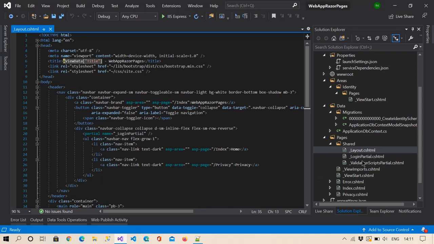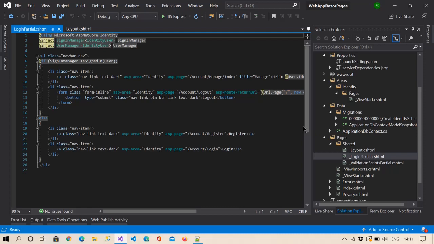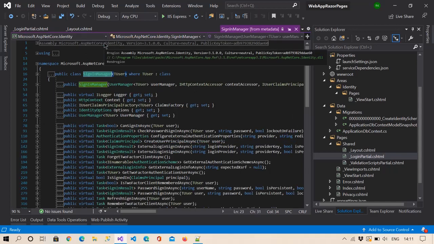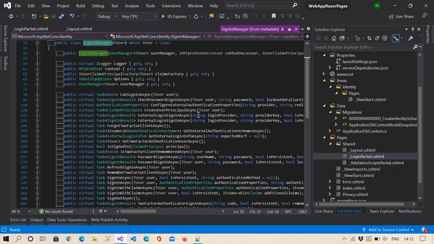Okay, and here you can see this is the login partial page, and this partial page is basically calling the SignInManager, and this is the SignInManager class. You can also navigate to the SignInManager class here by pressing F12 on SignInManager, and here you can see all the functionality and properties defined in the SignInManager class.